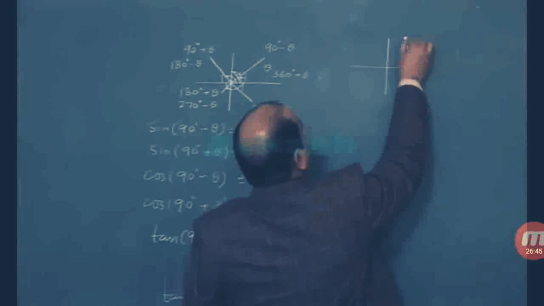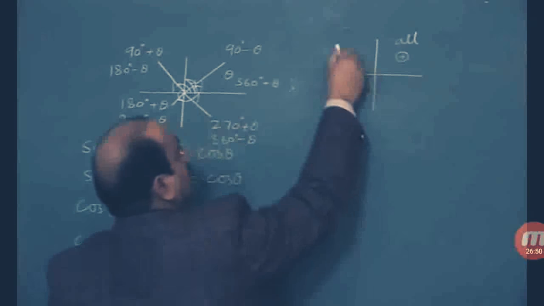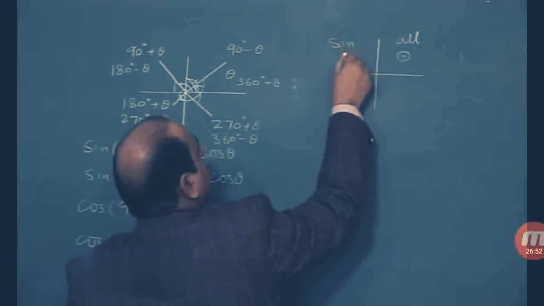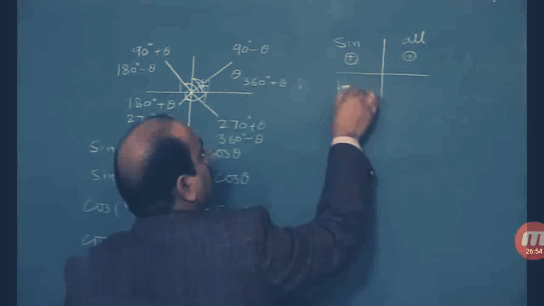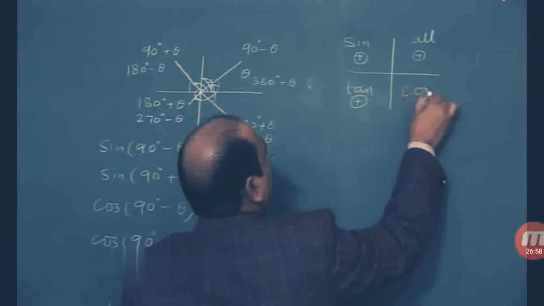All the trigonometric ratios in first quadrant are positive, and sine in second quadrant is positive, tan in third quadrant is positive, cos in fourth